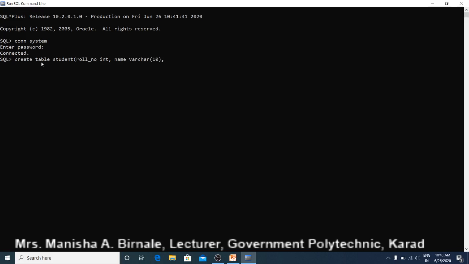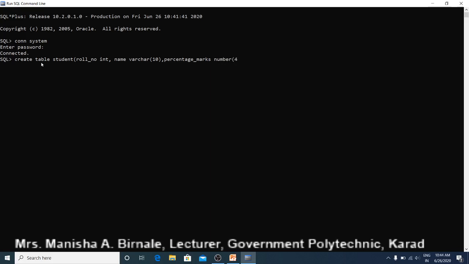Then you have to store percentage marks. So you have to specify a suitable data type for percentage marks. It will be a floating point number, so the data type will be numeric or number. You have to specify the precision and scale also.